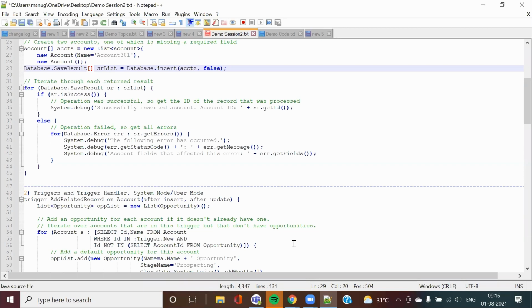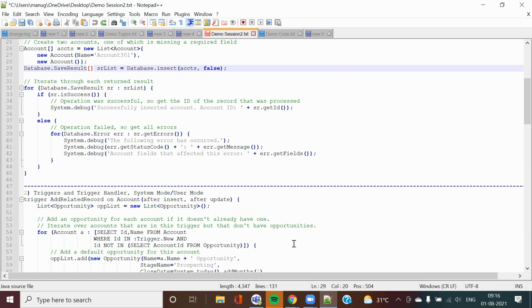Now there are two types of triggers. The first one is the before trigger and the other one is the after trigger. A before trigger will happen on the same object, on the account object. On the account object, in case I need to do some validation, say I want my annual revenue not to be entered as 0, I need to create one validation. There are two ways I can create a validation: through validation rules, as well as through triggers. Mainly triggers are used where there is some sort of complex validation I need to do.